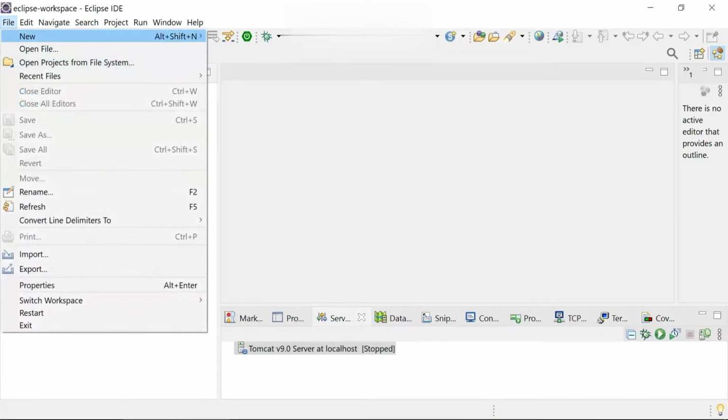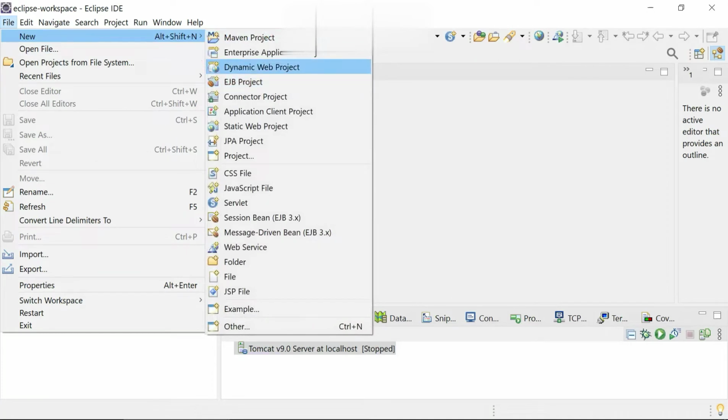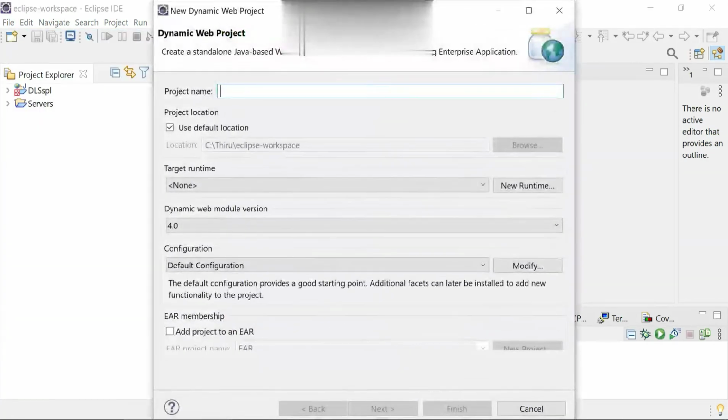Click on File, go New, and then Dynamic Web Project. Here I name it ng-init.